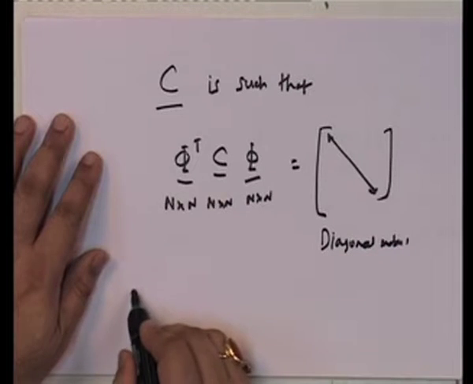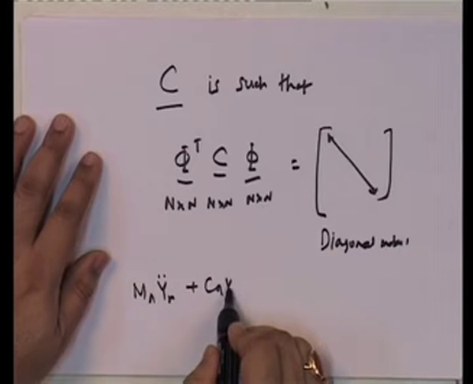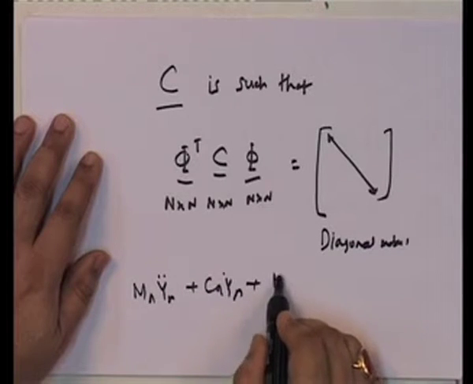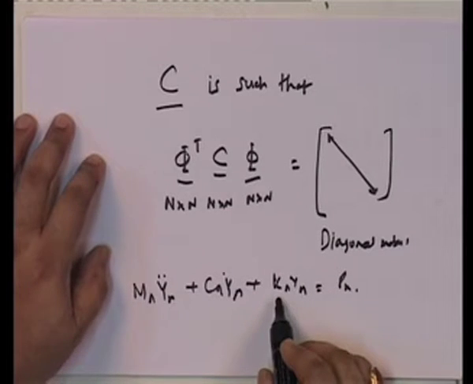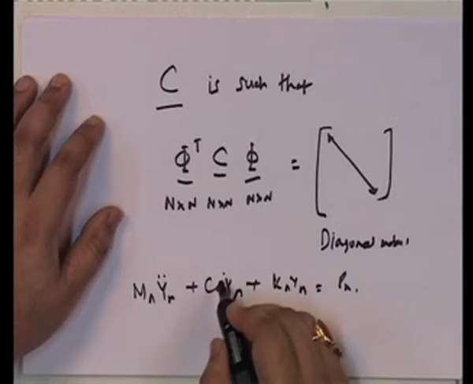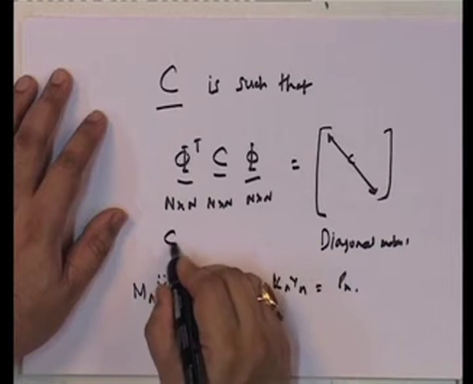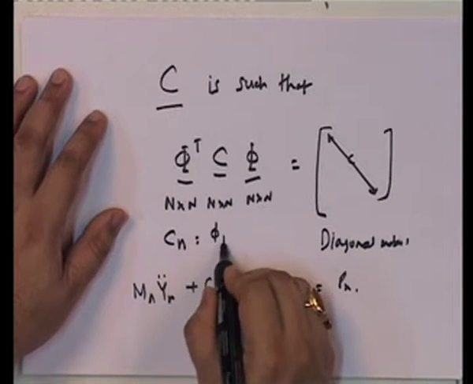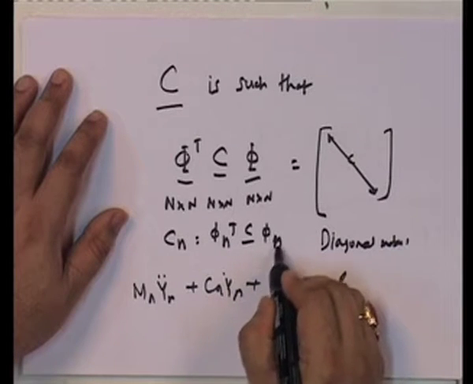So that we get m_n q double dot plus c_n q dot plus k_n q is equal to p_n. Note that k_n is equal to omega_n squared m_n. So, it is the same thing, and the c_n is this one. So, in other words, c_n is equal to phi_n transpose C phi_n,